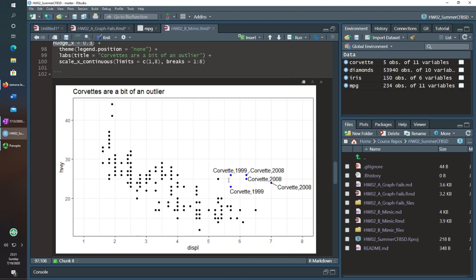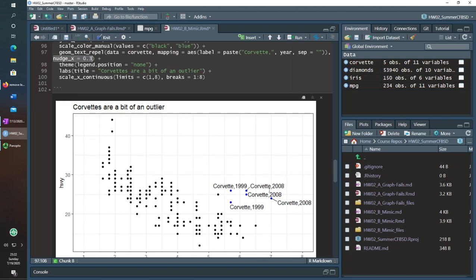The reason for that is because there's a lot of open space over here. If I just did it completely randomly, you can see where the Corvettes would be. It would be 0.3 spaces over to the left. And I was like, well, there's more space over here, so just move over there.